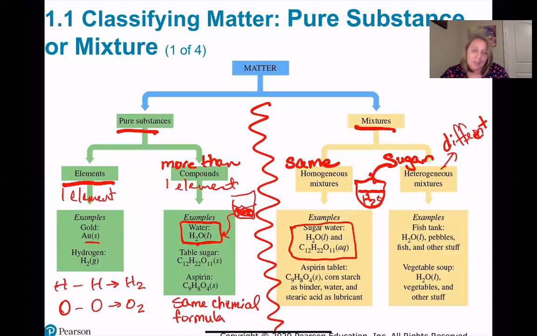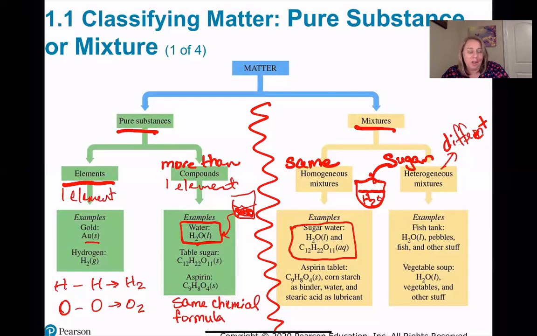R-E-N-T. Okay, different. So what else do they have? Vegetable soup is an example, right? I have my big pot of vegetable soup. I'm going to put carrots in there, broccoli, potatoes, all that kind of stuff. If I take my bowl and get a scoop of vegetable soup, can I see the different things that I put into my vegetable soup? Absolutely, and I can pick them out, right? So that's a heterogeneous mixture where we can see the different things.